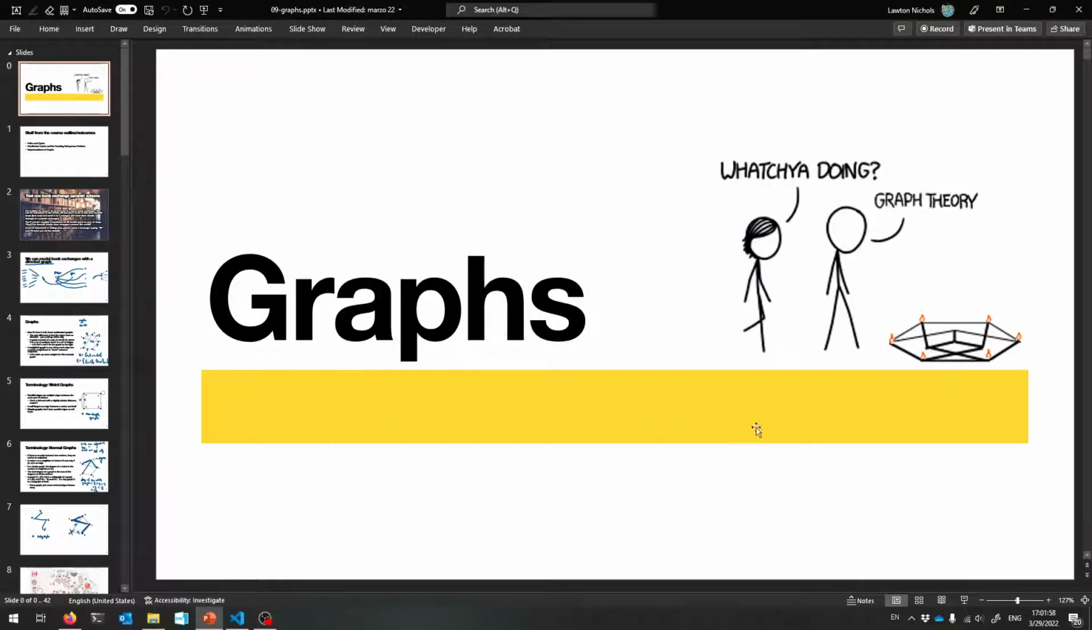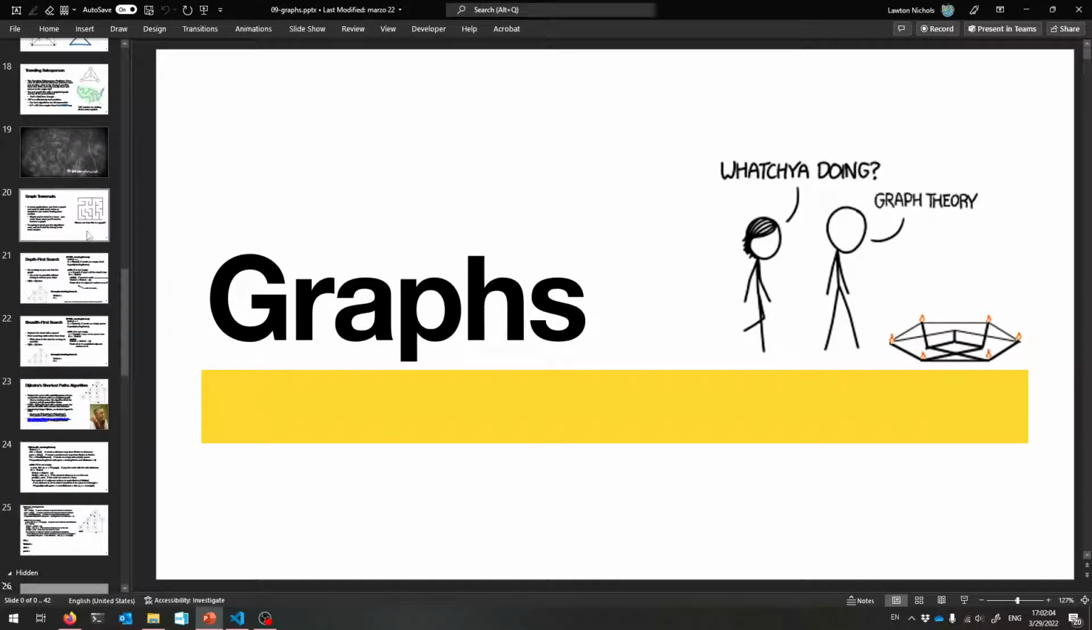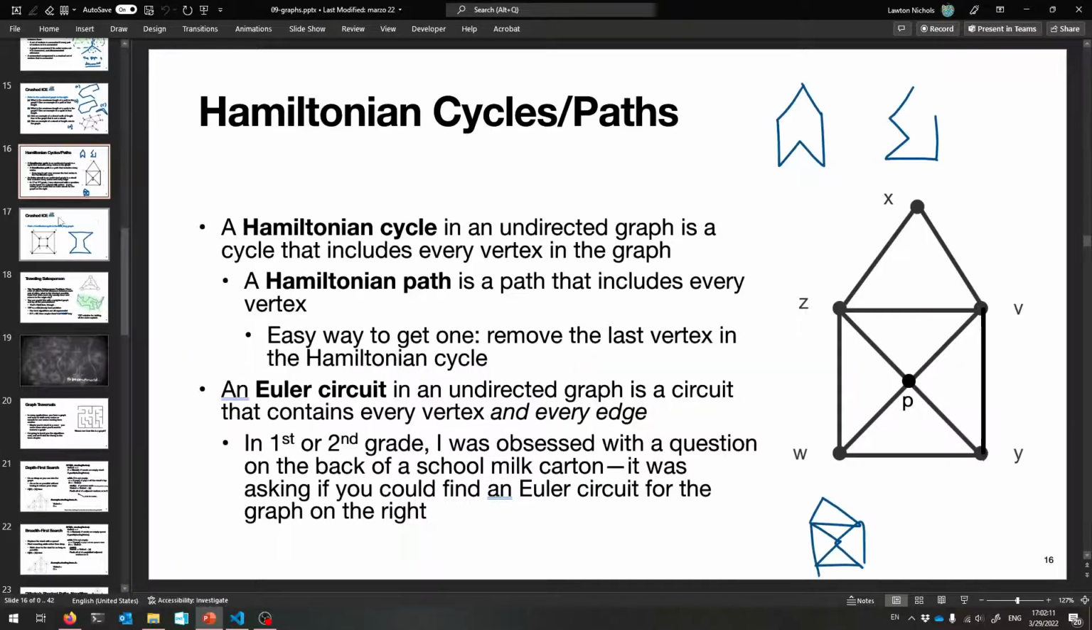Alright, welcome back to our slides on graphs. We're going to finish them up this time. There are not many slides left, but the ones that are left are pretty dense, so it'll take a while to get through them. So, the last stuff that we finished talking about was special kinds of pieces of graphs,